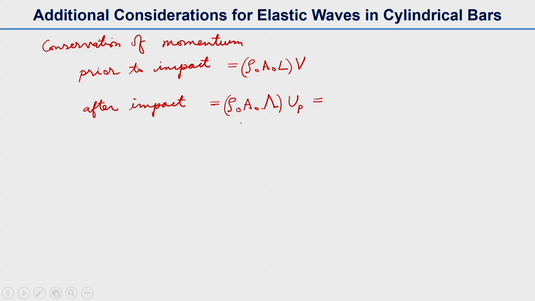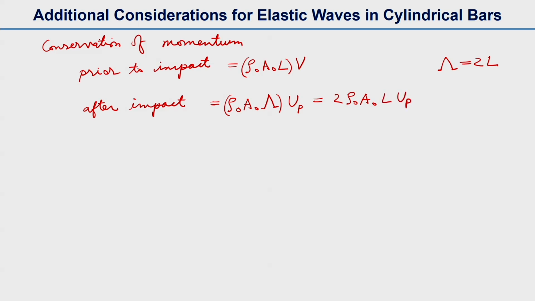Because that is the part of the bar that only has the compression wave propagating towards the right direction. And because lambda is equal to twice L, as we got in the previous figure,